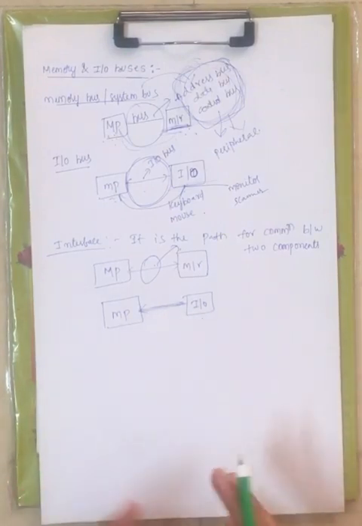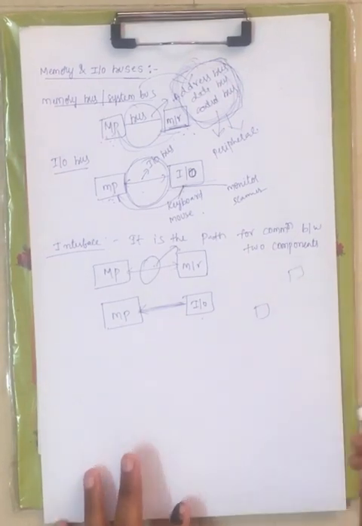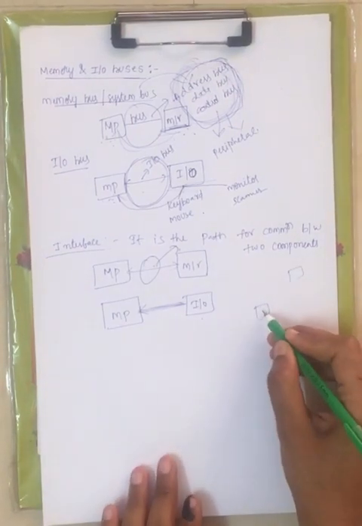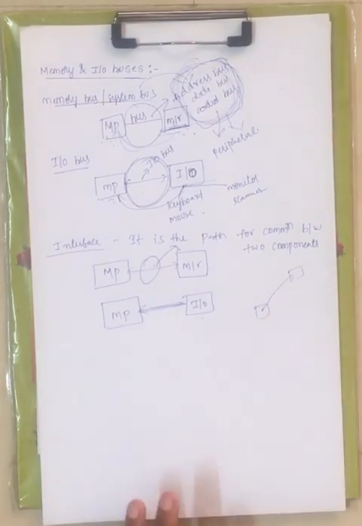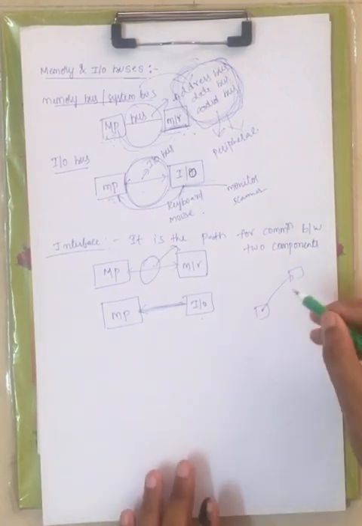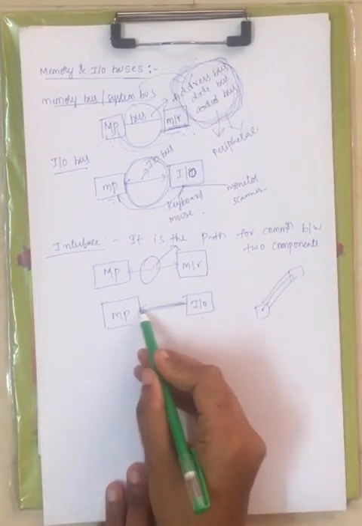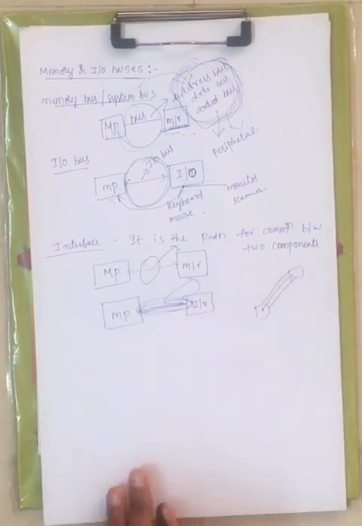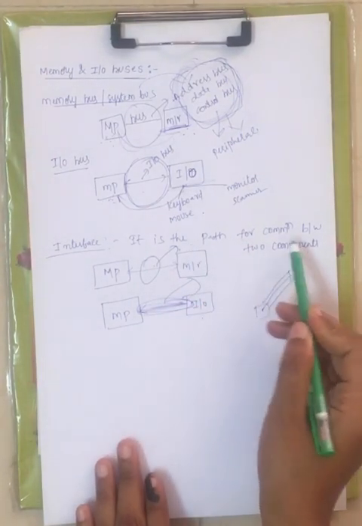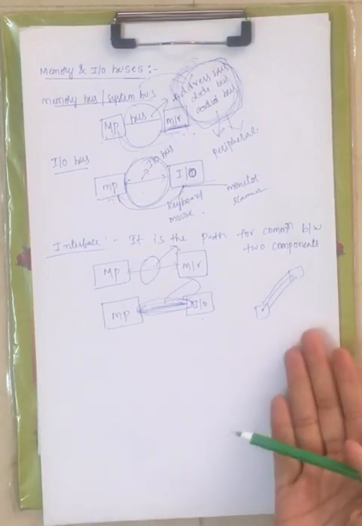Just meaning is that, see, you have two places. Now let us assume you have two different places. A person wants to travel from this place to this place. How will he travel? He will travel through road, right? Now that road is nothing but your interfacing. It is the path for communication between two components. I have given a basic example.